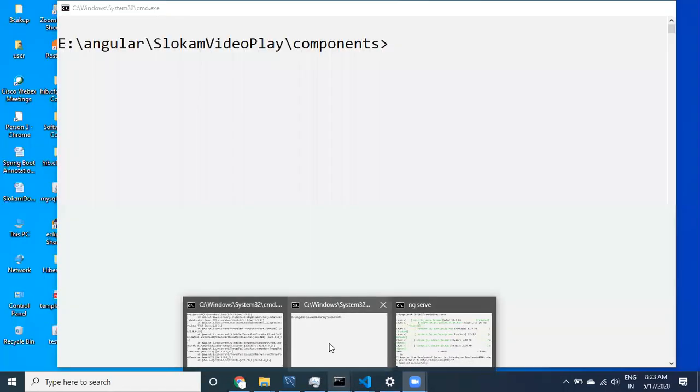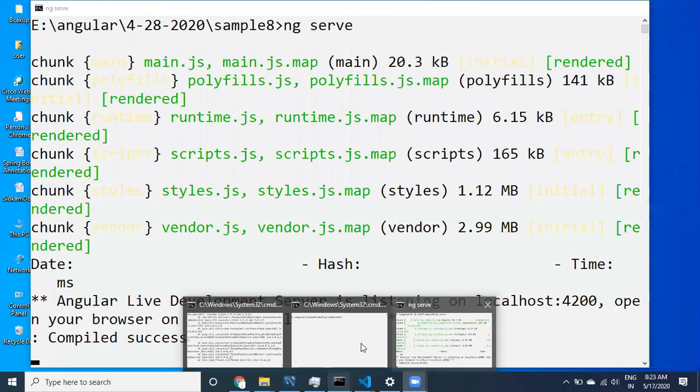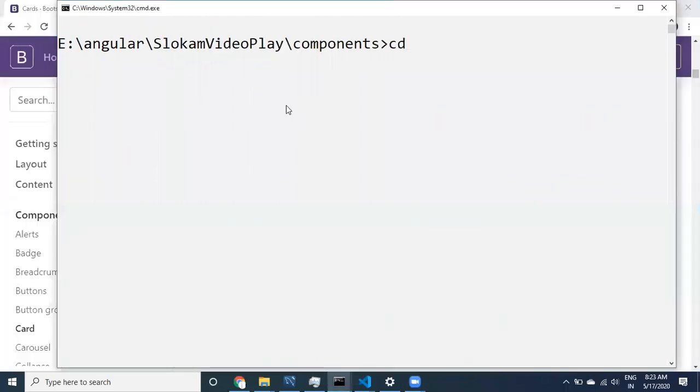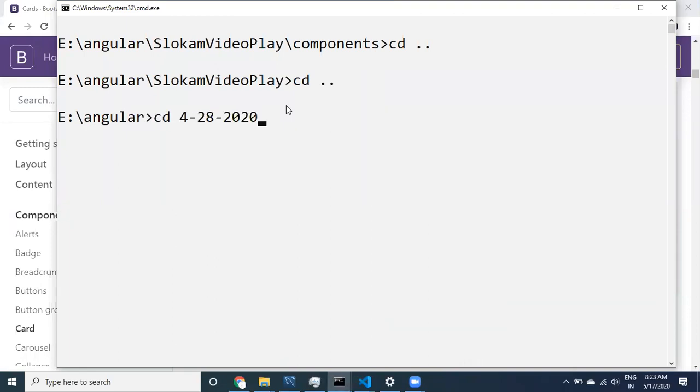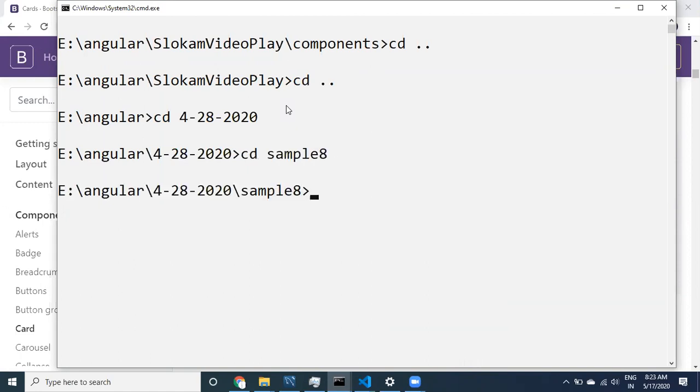To create a new component, let us go back to our cd, this one, and cd sample 8. Go to sample 8 here. Let us create the component class using ng generate.